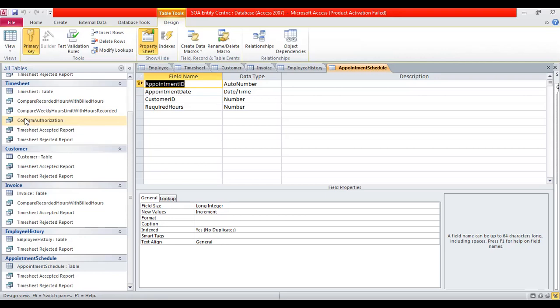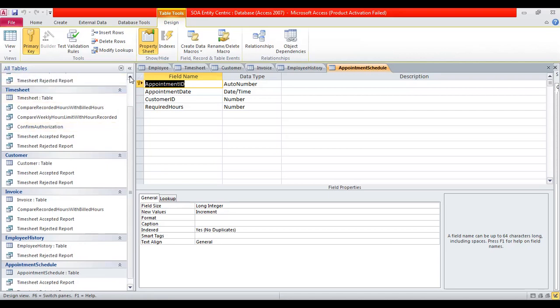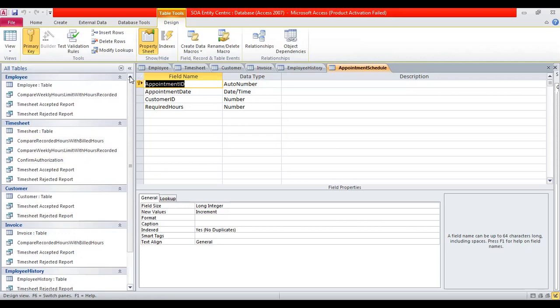So these 6 different tables I have created, I have stored the records, and now our aim is to retrieve the records from these 6 different tables based on our timesheet requirement. So the first input, which is retrieved from the timesheet table, is compare recorded hours with billed hours. Recorded hours is a part of the timesheet table, and billed hours is a part of the invoice table.